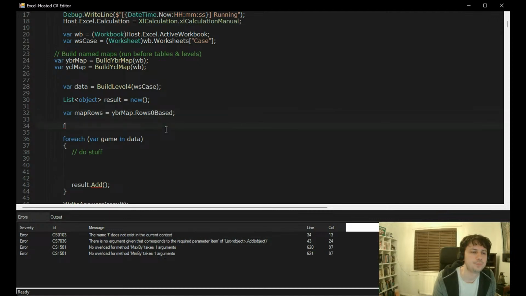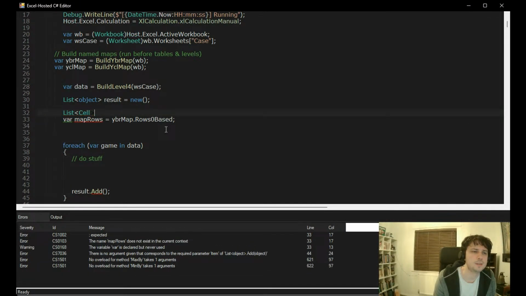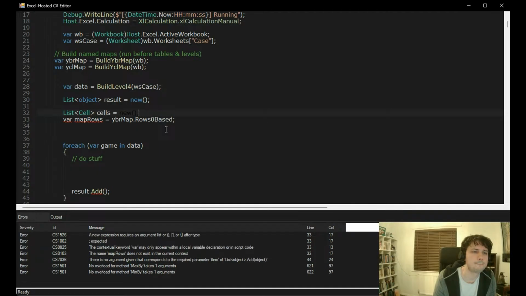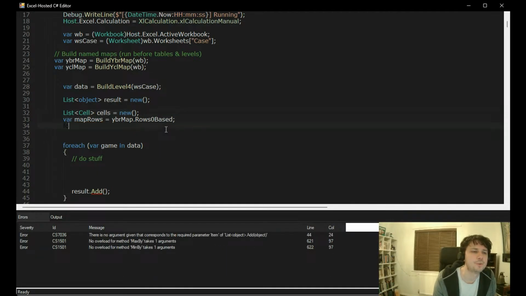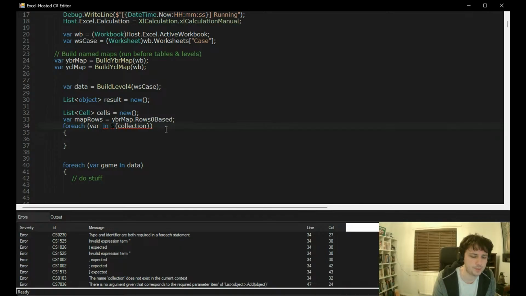And then list of cells equals new list. And then for each mapRow in mapRows,